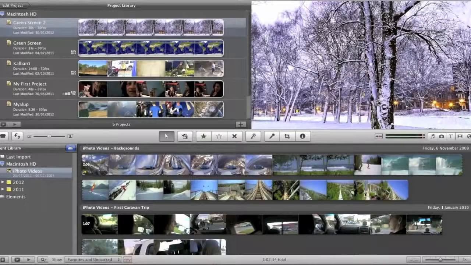Hi guys, this is just going to be a quick iMovie tutorial. I noticed there wasn't too many of these on YouTube, so I thought I'd make one and show you the basics of it. Okay, the first thing to do once you've opened iMovie is to go down to this little